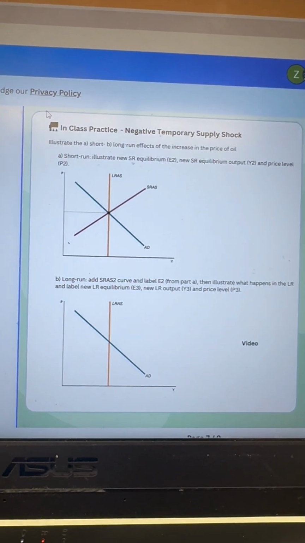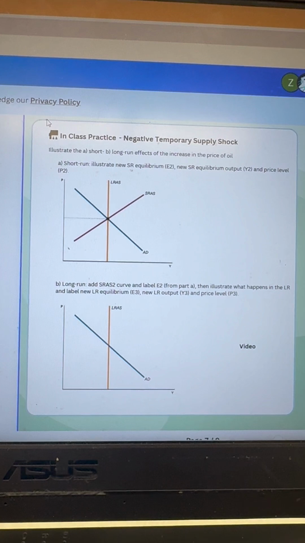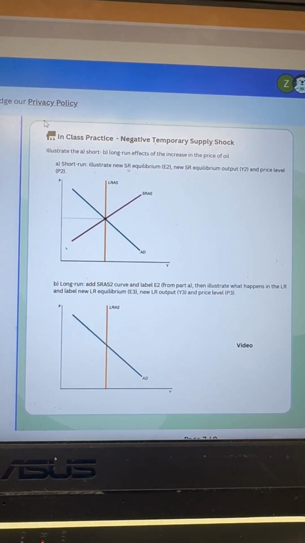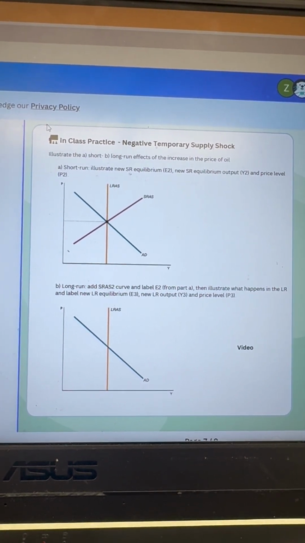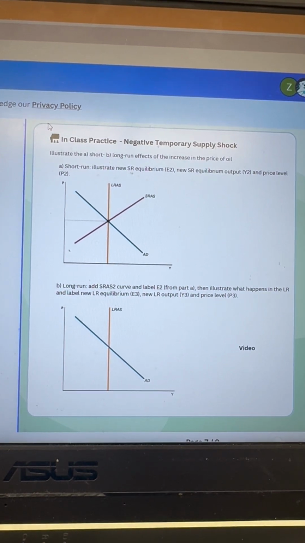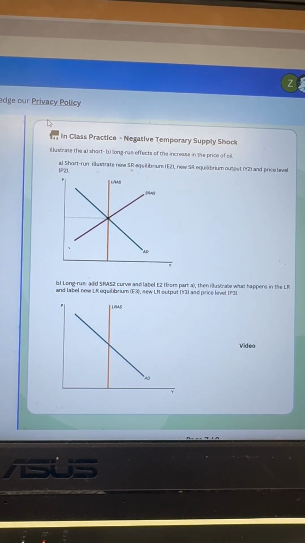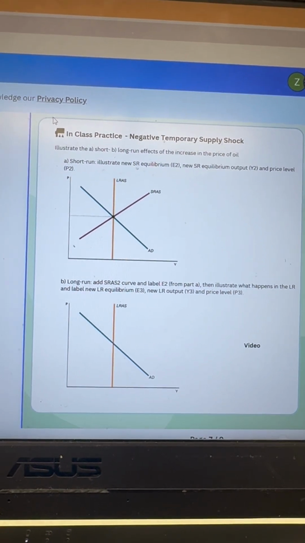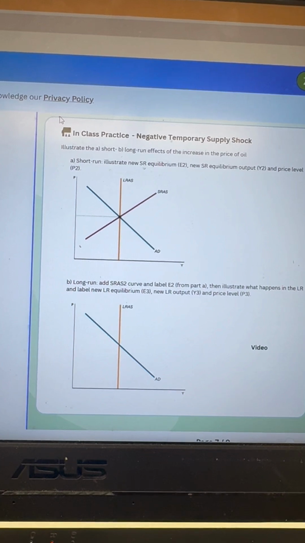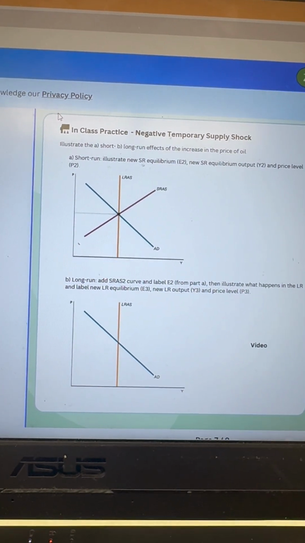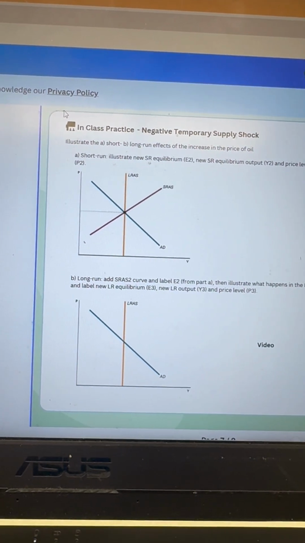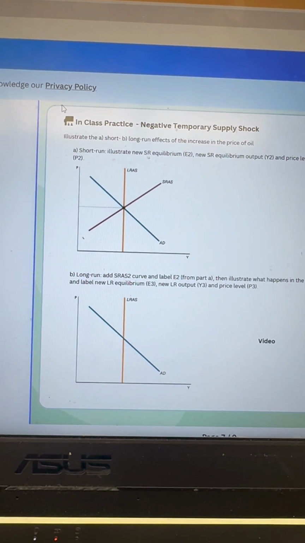Okay, for negative temporary supply shock, we first must determine what is a negative temporary supply shock. A negative temporary supply shock is a sudden, unexpected event that reduces the supply of goods/services and increases costs of production. So, a negative temporary supply shock, such as a sudden increase in input costs or a natural disaster, for example, causes a leftward shift in the aggregate supply curve, resulting in higher prices, lower output, and potential stagflation in the short